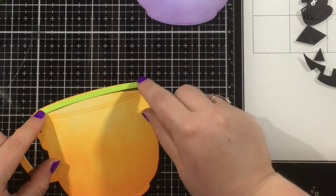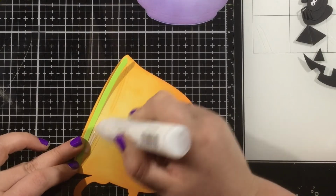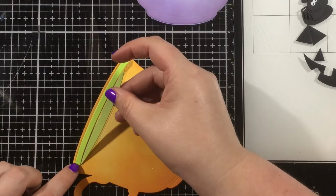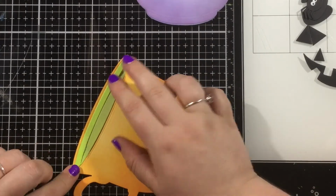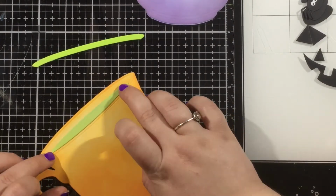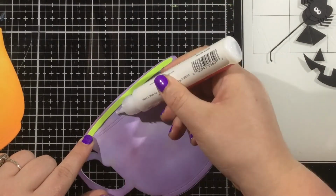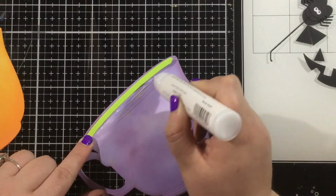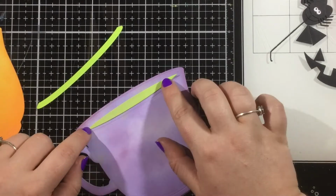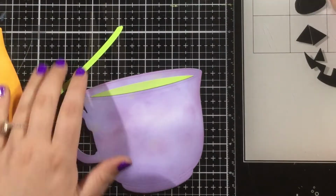little ghosty face. I cut out 2 of these green toppers to put the liquid in, and that piece cuts into 2 pieces. So one is going to be like the inside of the teacup, and then the other one's the actual liquid. I'm using both of those pieces together just to make sure I get that kind of green mysterious witch brew liquid lined up correctly. I'm not actually using the second piece. I wanted to have that whole teacup be whatever color I ink blended. I'm just using this as a placeholder so I can make sure that I line up my liquid correctly. So I'll just use some liquid adhesive and glue that onto the top,